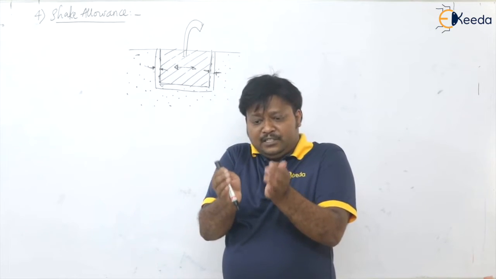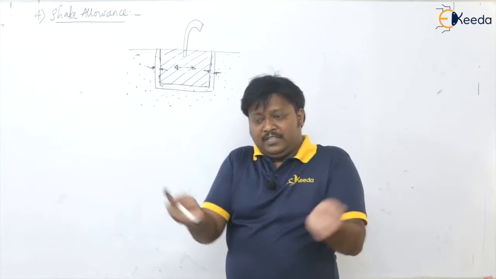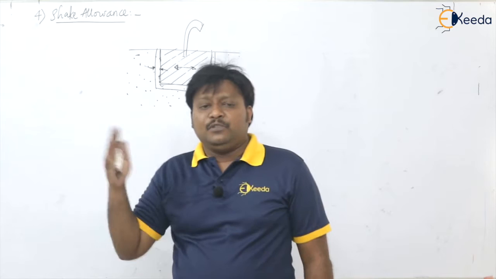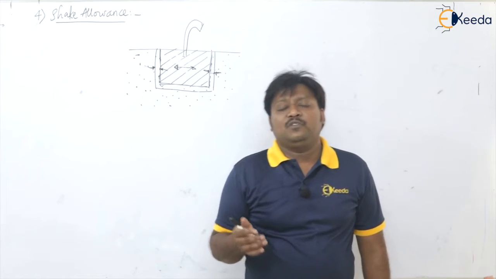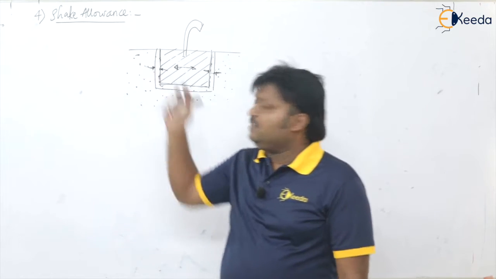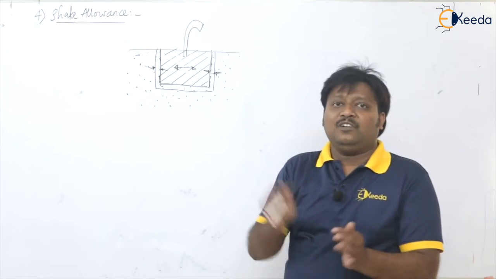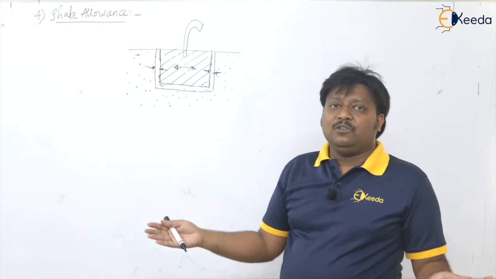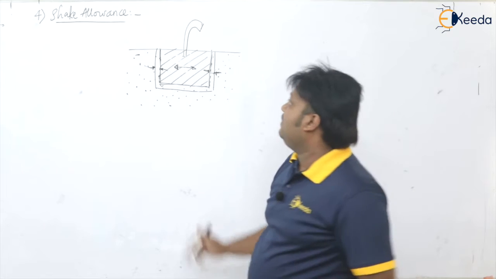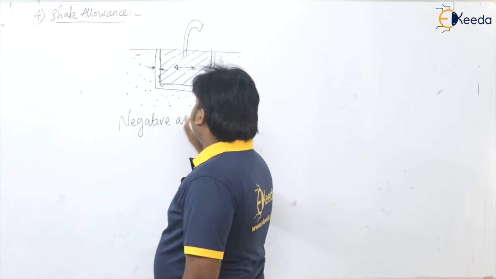Initially we are keeping it small, and because of shaking it is getting bigger in size to the required size of casting. So the question in a previous GATE examination was asked: which one of the following allowances is also known as the negative allowance? Shake allowance is the negative allowance. Why is it negative? Because the size of the cavity becomes smaller than the required one, and then it gets to the correct size after that shaking. So this is the negative allowance. Please remember, shake allowance is the negative allowance.